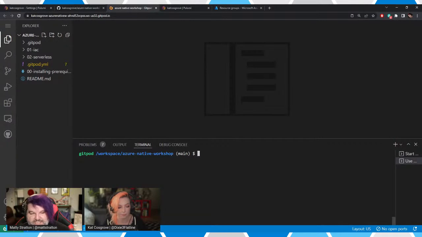Go ahead, Matt. That's exactly what I was just going to say, that the Gitpod will have handled your prerequisites to doing this work. You need to have the Azure CLI installed and you need to have Pulumi installed, which in this case, the Gitpod had that for you, is what you just said. So that was helpful for me to say what you just said. Thank you, Matt. I appreciate you.